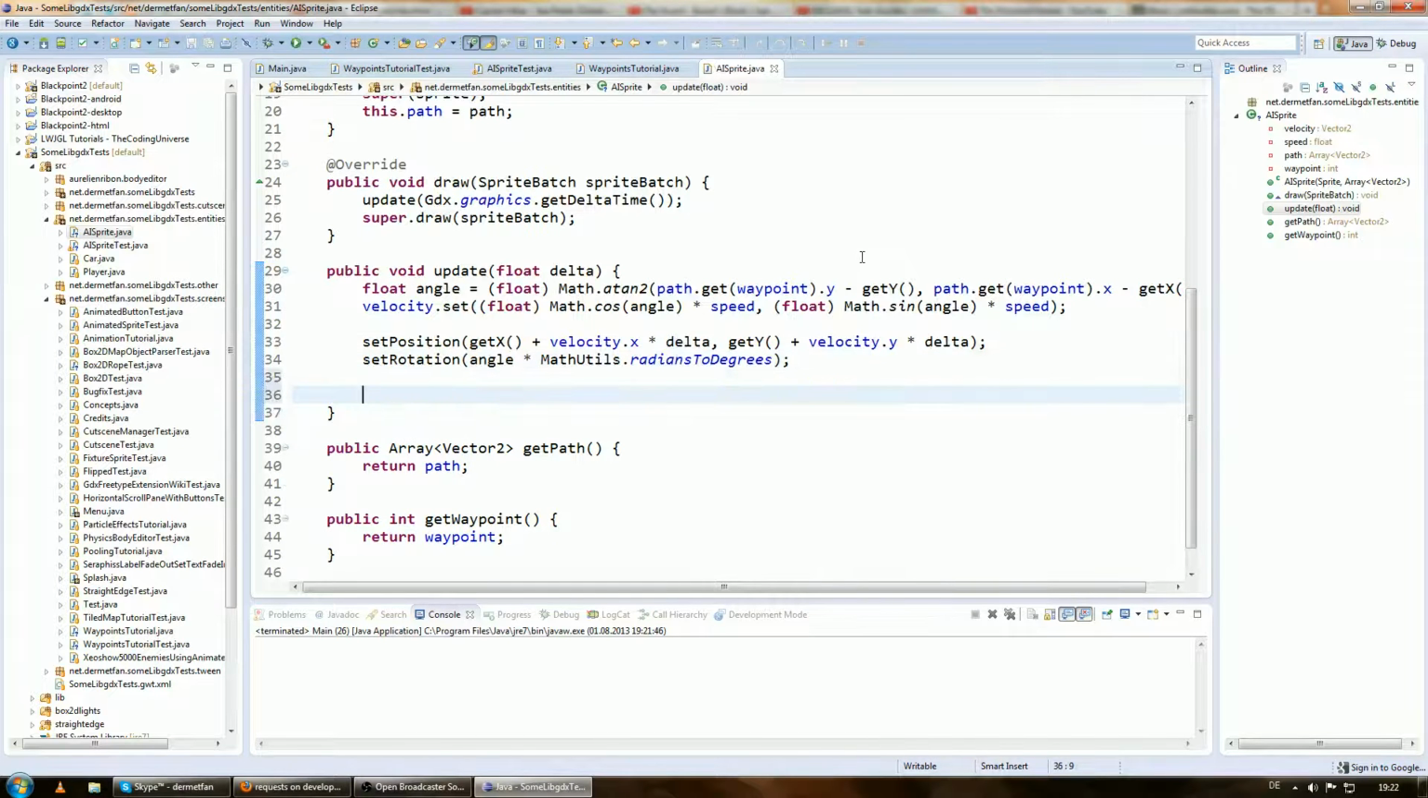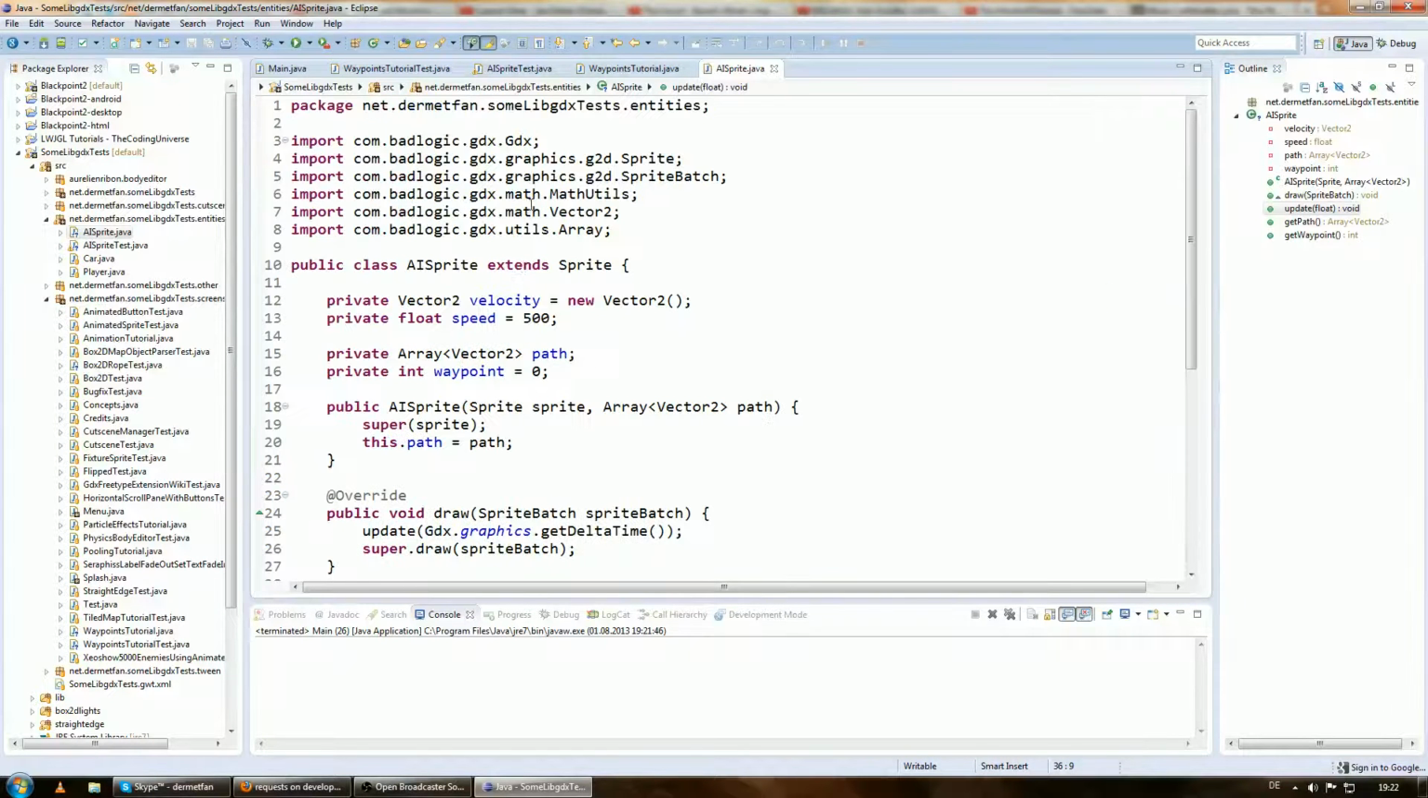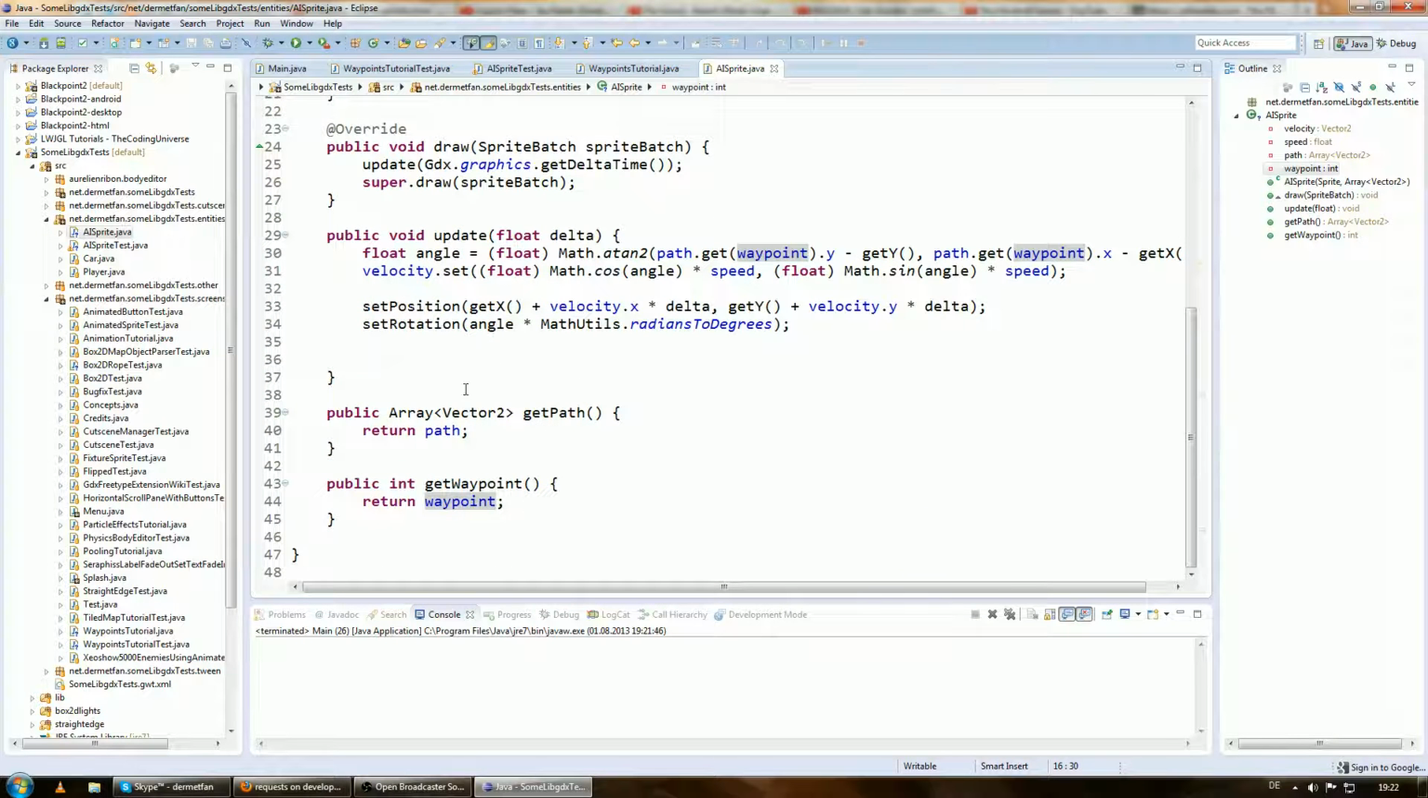Now we want to actually get the AI sprite to go from waypoint to waypoint, and not just to go from where it has been to the first waypoint and then get stuck at it. To do this, we need to switch the waypoint variable once we reach one waypoint. So we want something like if is waypoint reached